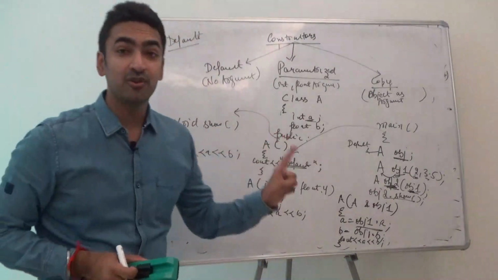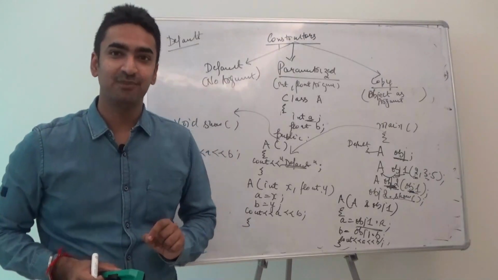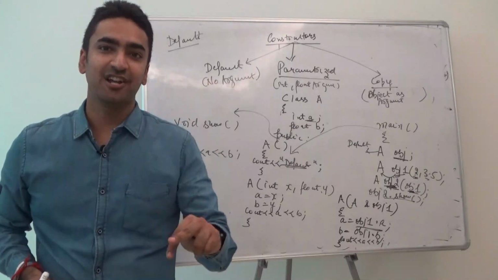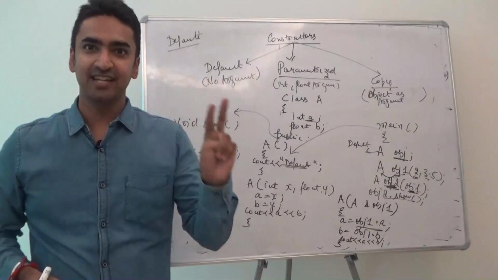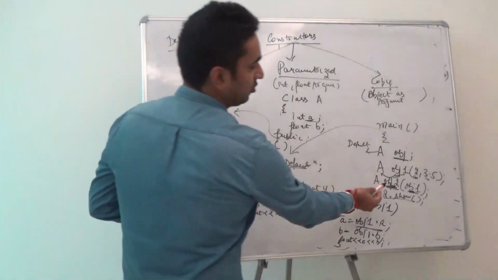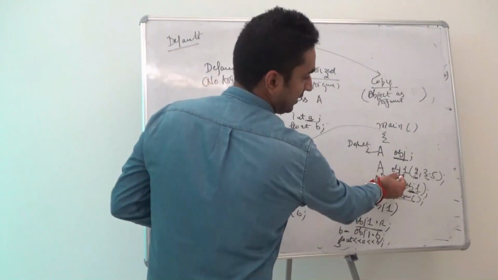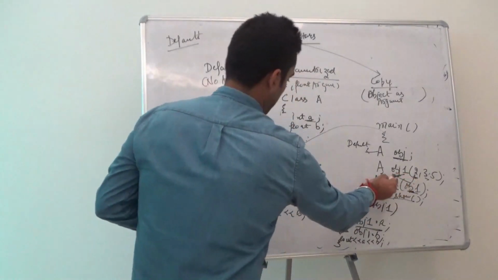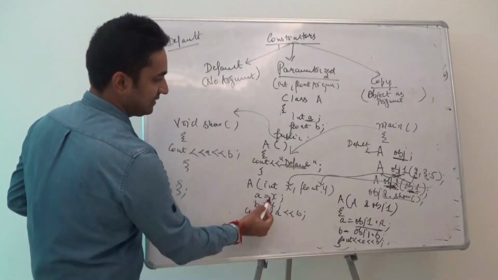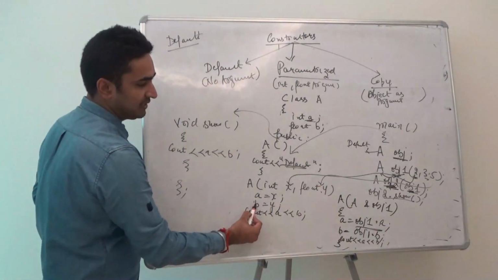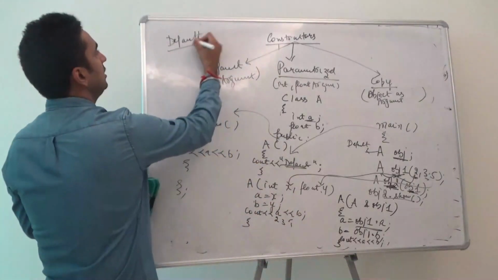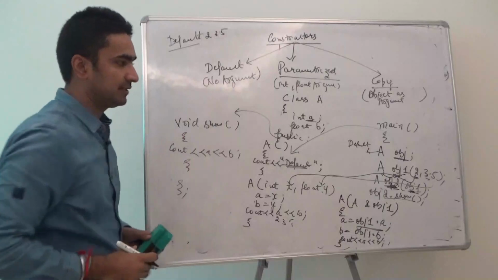Guys, this is also known as constructor overloading. Why? Because the function name is the same, A, and arguments are different. One is having 0 arguments, second is having 2 arguments, third is having 1 argument as object. So object 1, whenever it gets called, 2 is passed to x and 3.5 is passed to y. A is given x, means A is given 2, B is given 3.5, it will display 2 and 3.5.